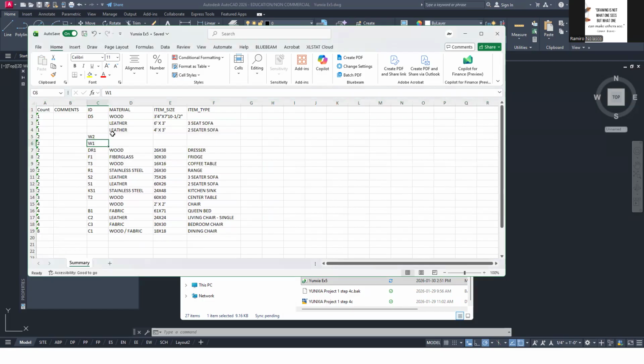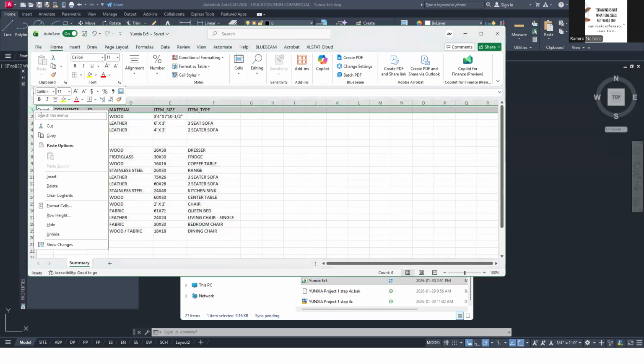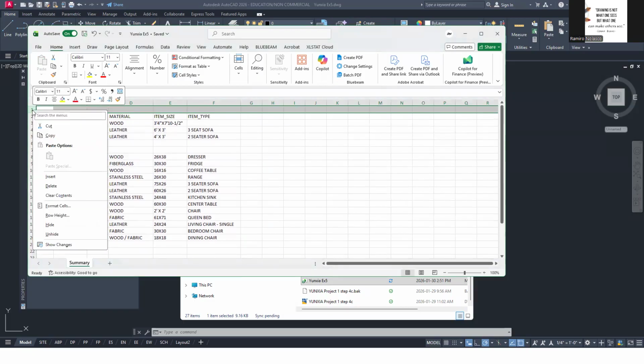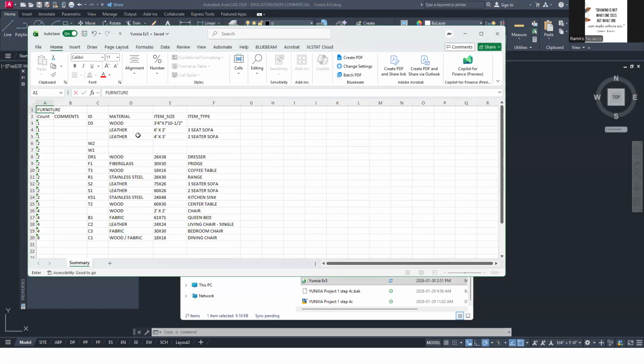Okay. You can add more information there. And then if you are done, maybe you'd like to add a title. So insert, shift, right click, insert a row. And then you can say this is the furniture schedule. Okay.